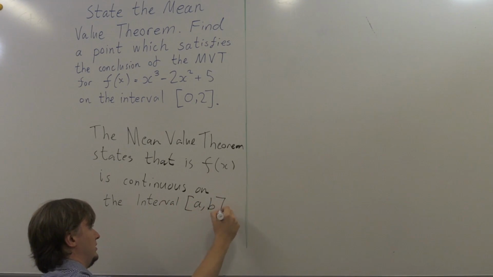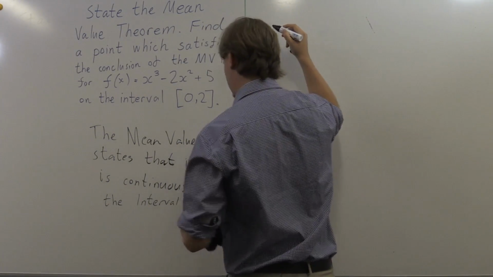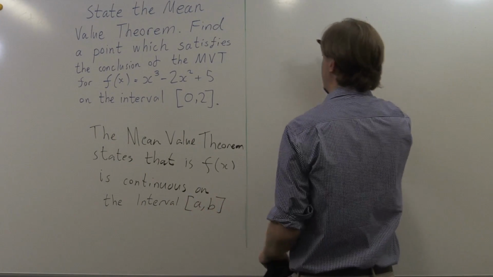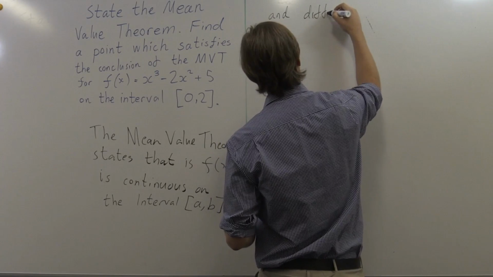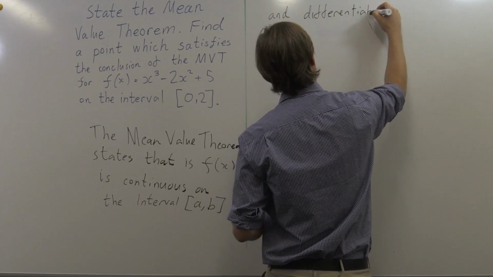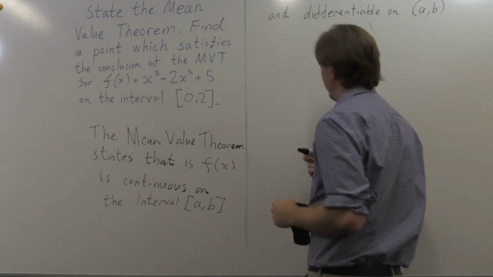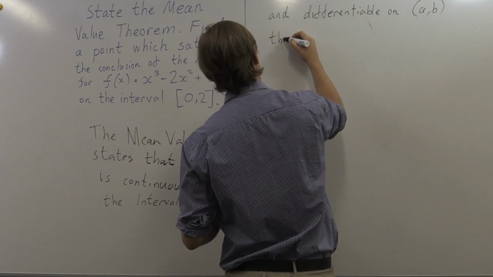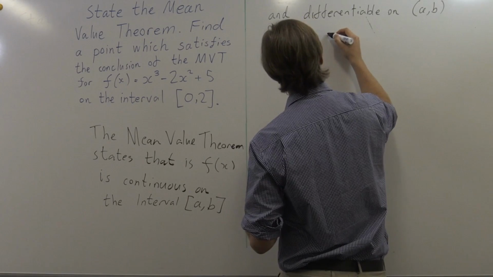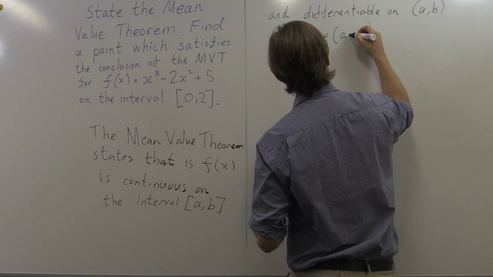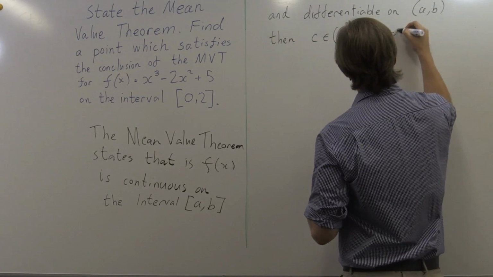A, B, and because I'm getting close to the bottom, I'm going to continue up here. So it's continuous on the interval A, B, including the endpoints, and differentiable on the interval A, B, not including the endpoints, then the theorem promises me one thing. It promises me that there is a C, some value C, in the interval A, B, not including A and B, such that